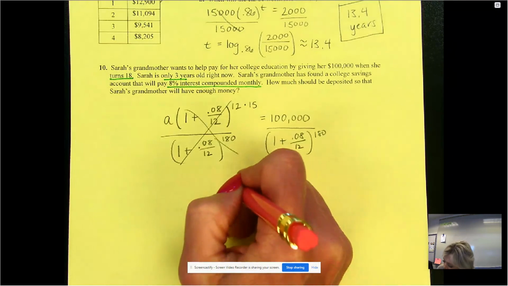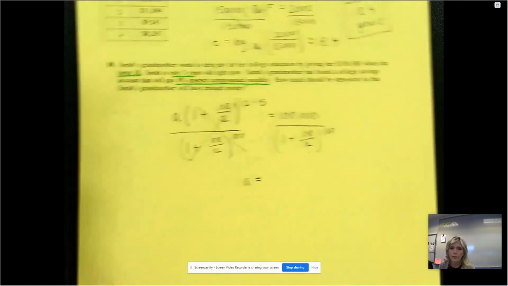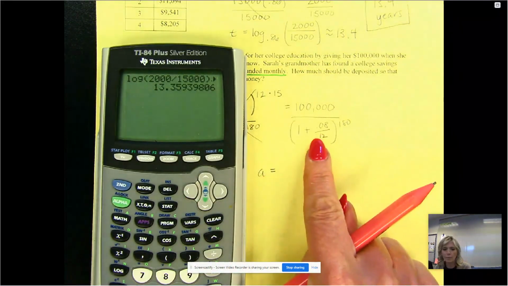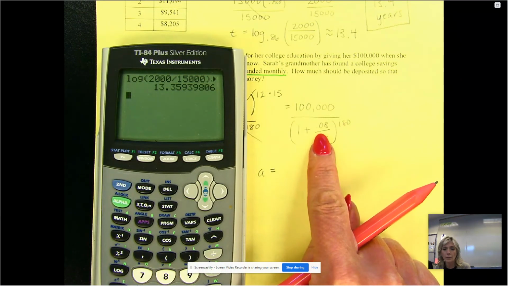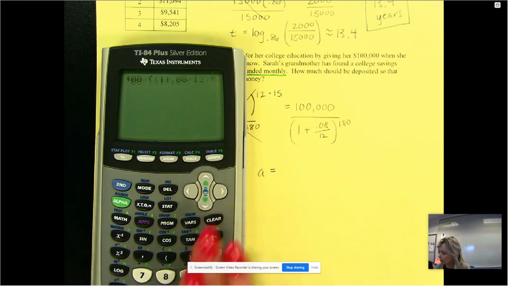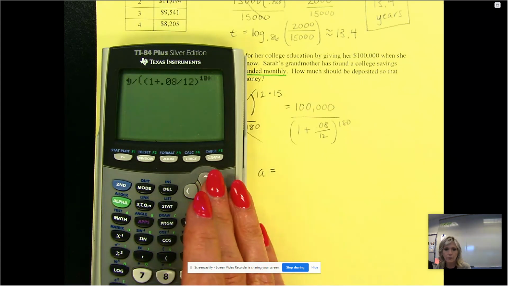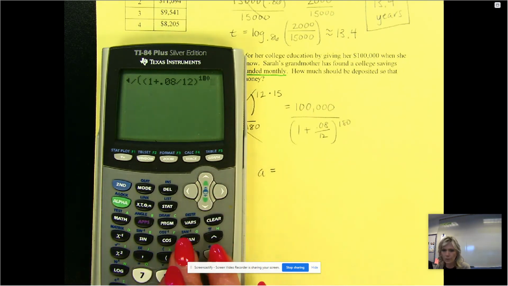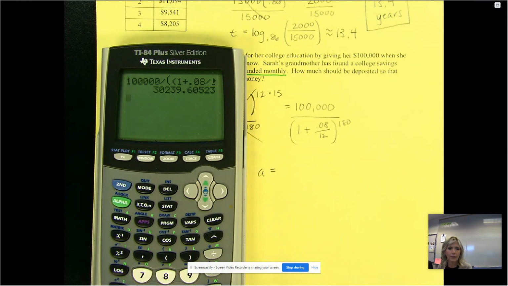It's the answer to this. Now, to put the exponent part down in the division, I do have to use a couple sets of parentheses. So 100,000 divided by double parenthesis, 1 plus 0.08 over 12, and then close that parenthesis, use the power of 180, and then close the second parenthesis, and we get